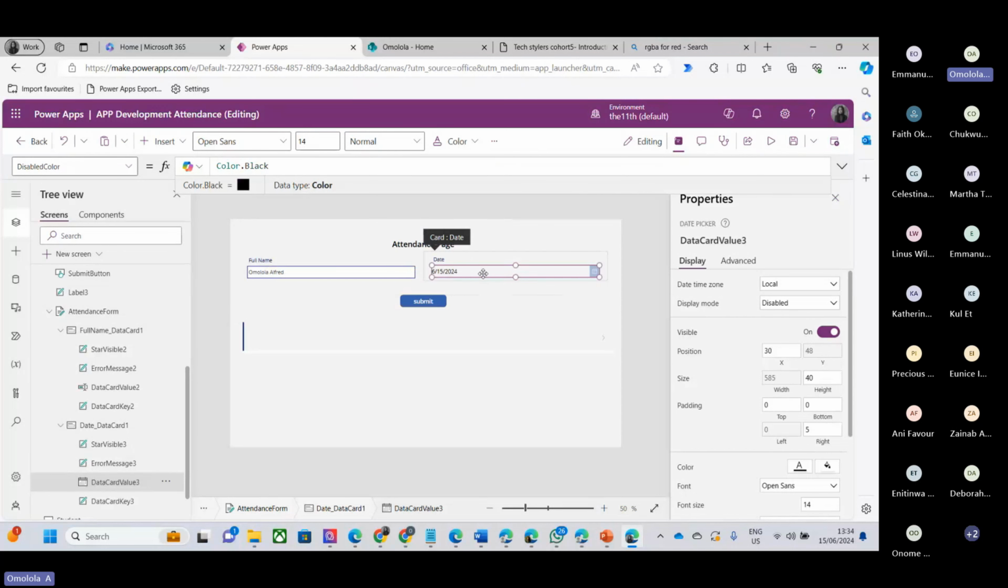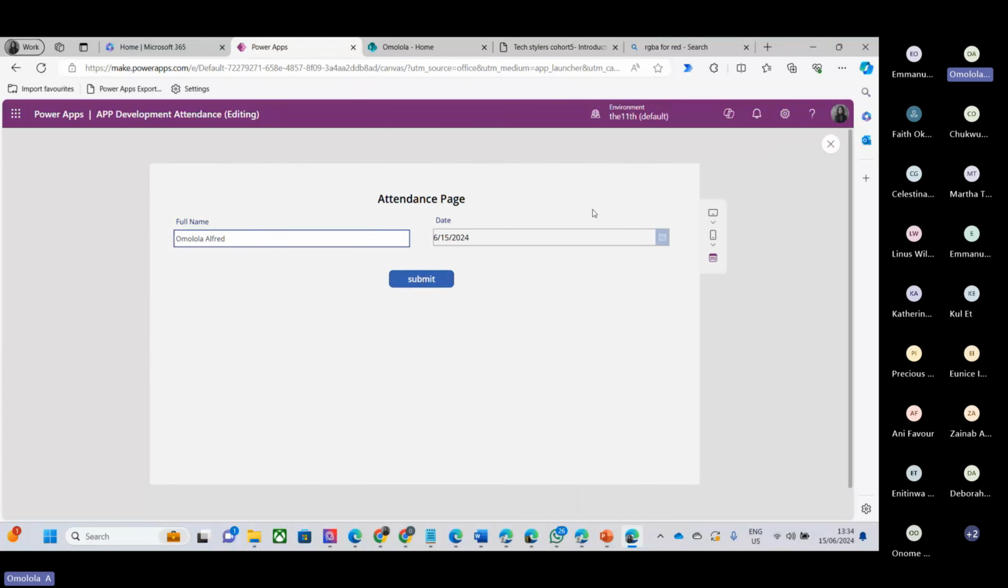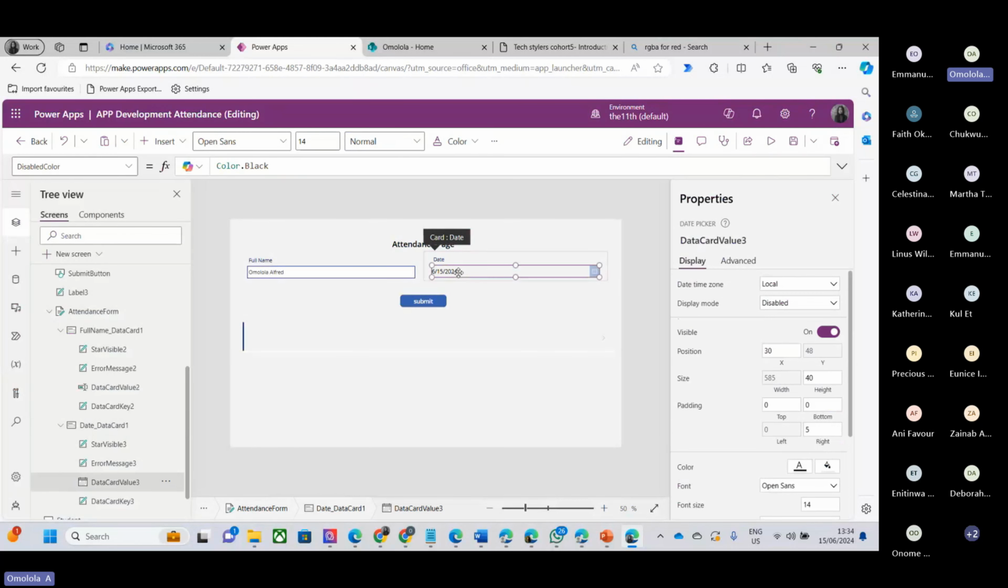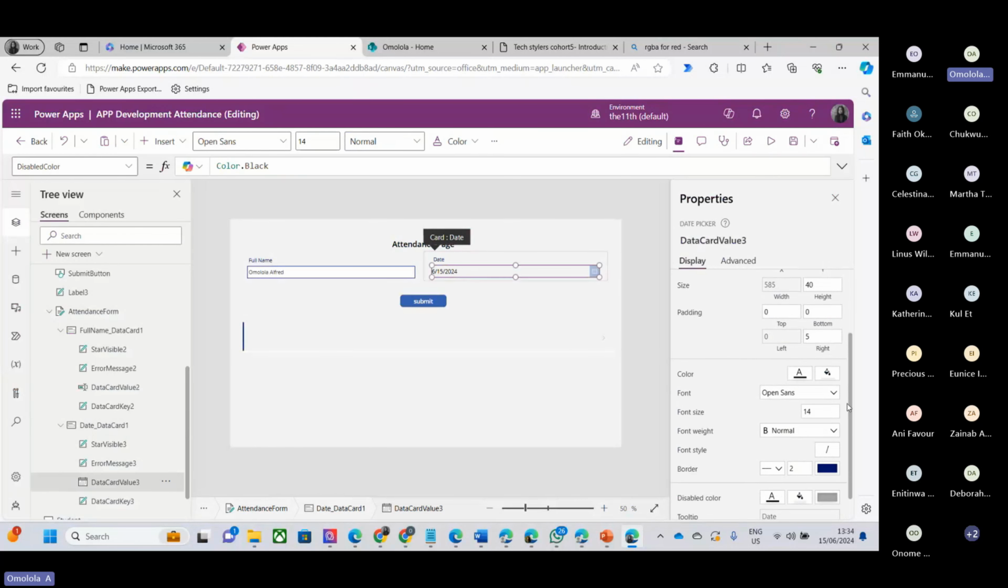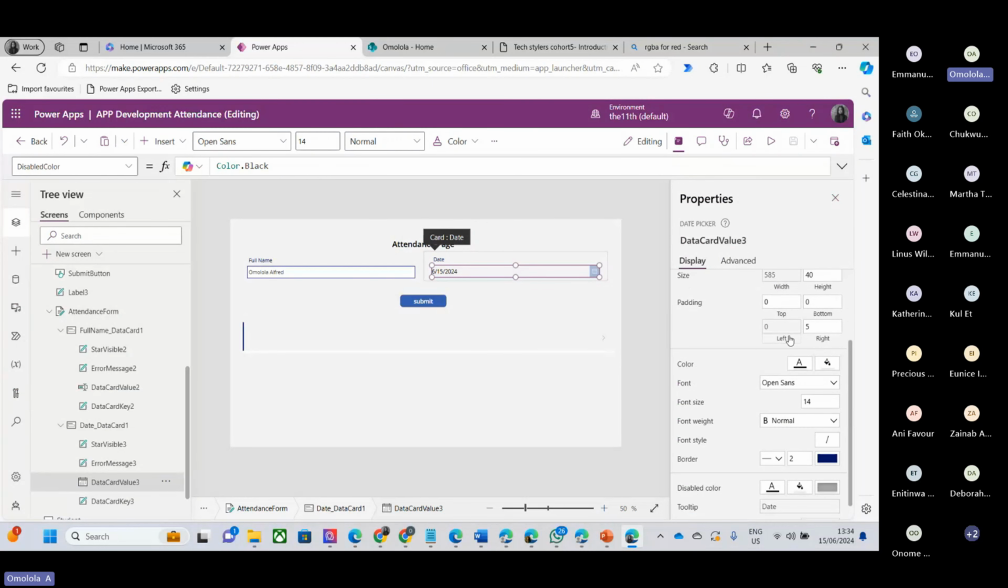So can you see, even though it's disabled, I can still see the color. So I can see my date in here. So all I need to do is play my app, and let's see this app in action. Okay, another thing I want to do here is,